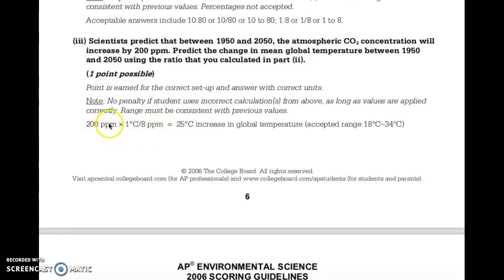So that when we multiply across, the parts per million will cancel out and you'll be left with temperature alone. So it should be somewhere around 25. They say the acceptable range is 18 to 34. However, there is no penalty for any incorrect